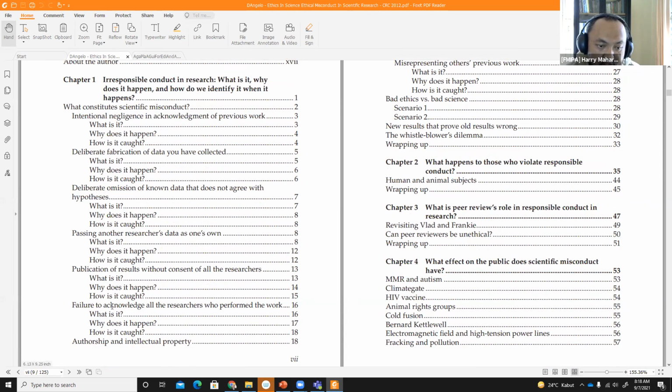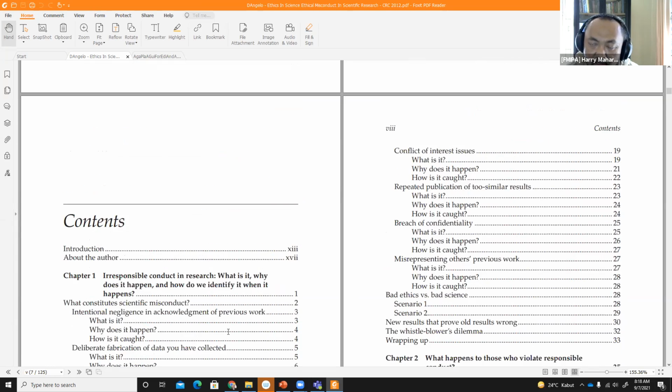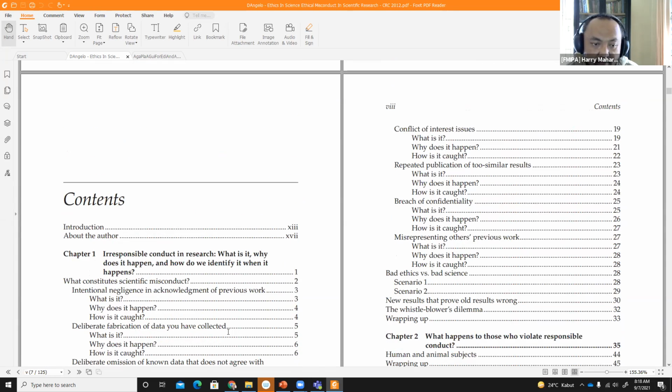And then failure to acknowledge authorship and intellectual property is also part of the plagiarism issue that is happening as scientific misconduct. And then conflict of interest. Okay, conflict of interest also happens in the scientific community. So for example, I guess